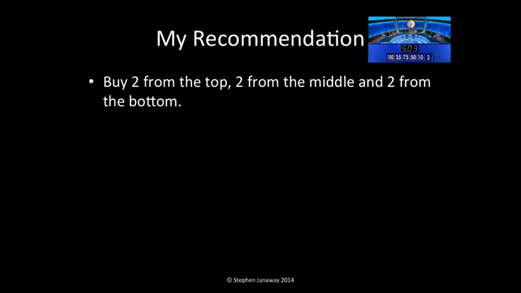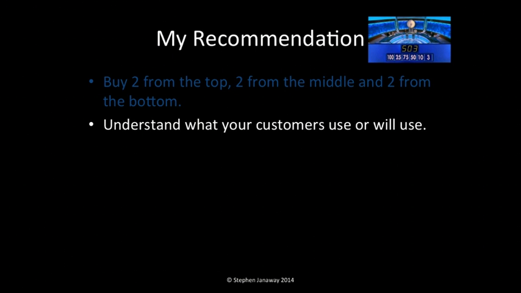So for me, I'd go for, as I've said here, two from the top, two from the middle, and two from the bottom. So buy some real devices: some quick, expensive ones, some really cheap ones, and a couple in the middle. And then you've probably made sure that you've got at least okay coverage across the devices that your users are going to be using. So understand what they'll use and buy the ones that you see and the ones that you think will come out, because users are typically on a two-year upgrade cycle.